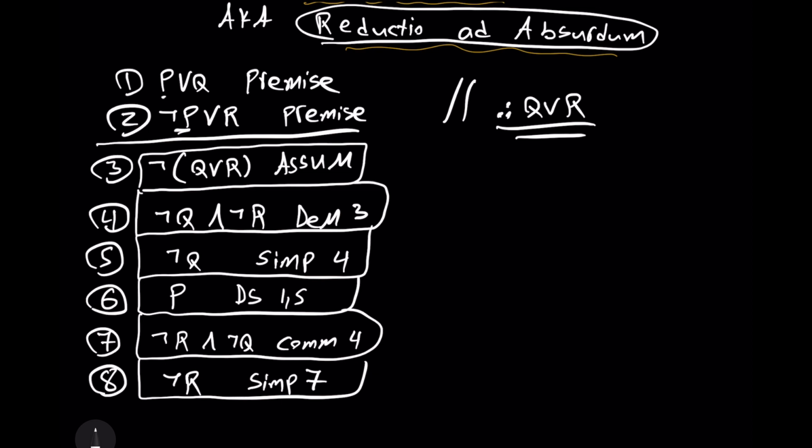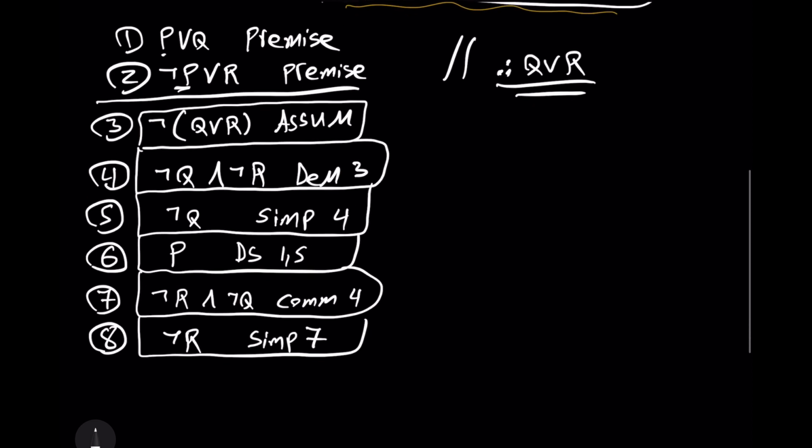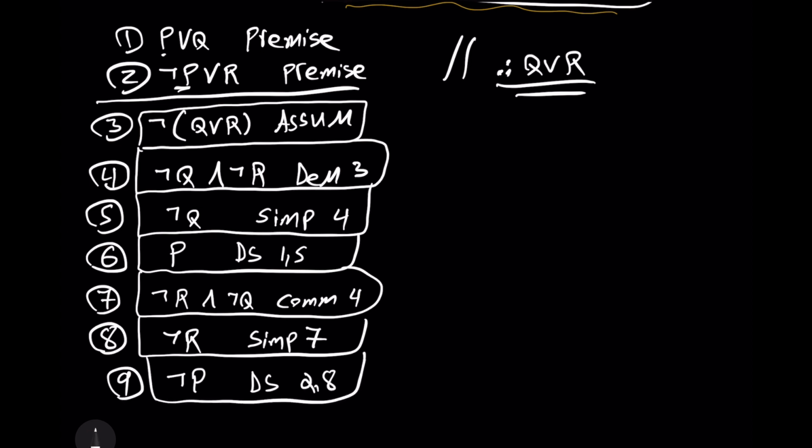And now we can work with lines 2 and 8. So line 2, the premise tells us not P or R, but line 8 says not R, so because we have a disjunctive syllogism for line 9, we can get a not P, disjunctive syllogism, lines 2 and 8. Now notice,